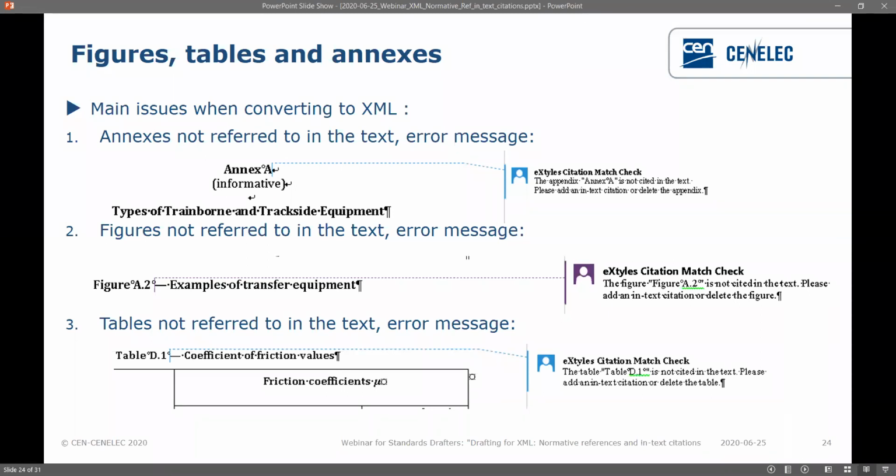If not, then obviously the tool won't pick up and we'll get error messages saying, are you sure this annex is mentioned in the text? Or are you sure this figure should be there? Or are you sure this table is okay? So that's what you can see here on your screen. And that's also why sometimes we get back to you and we say, none of your annexes are mentioned in your text, or you don't refer to your figures at all. Do you want to add something? We can't say that it's compulsory, but we would advise you to. For the reader as well, it's much easier. Next slide.